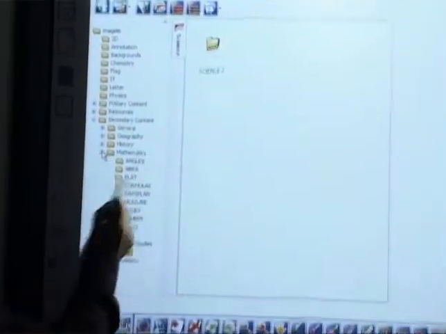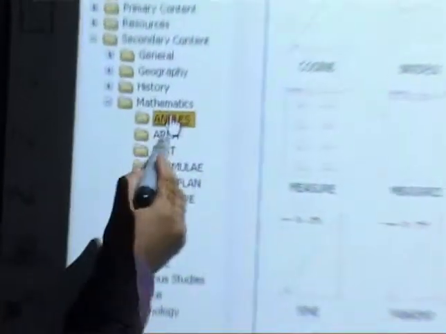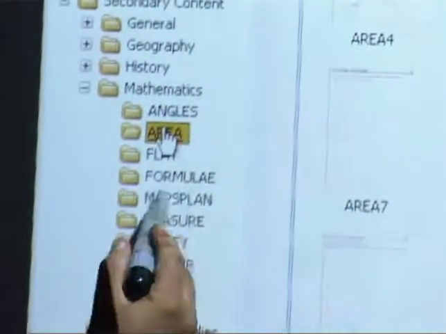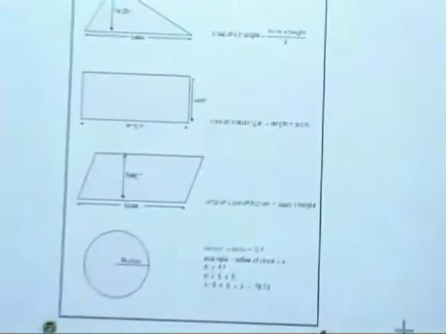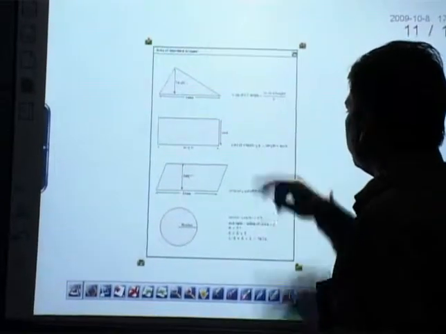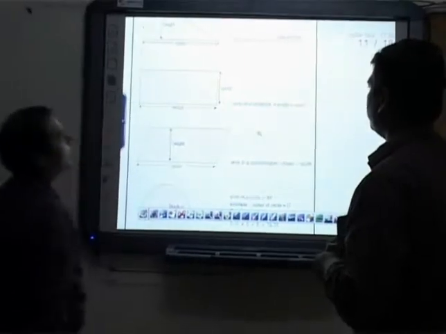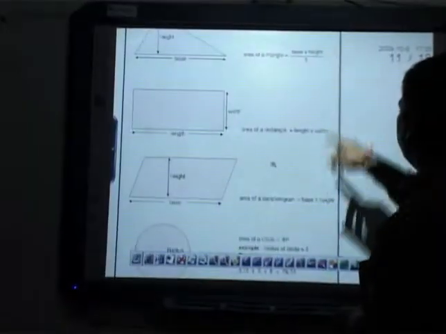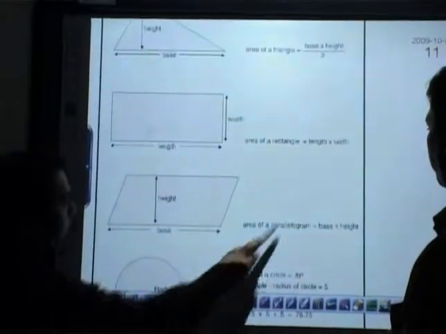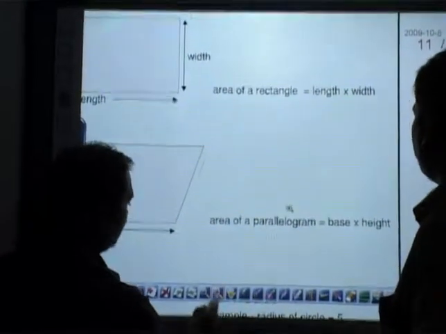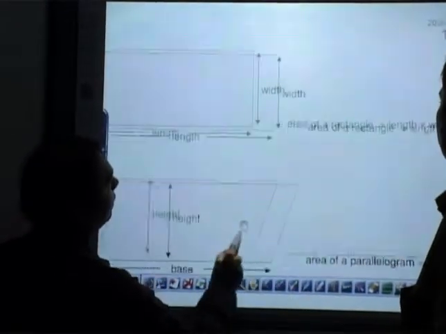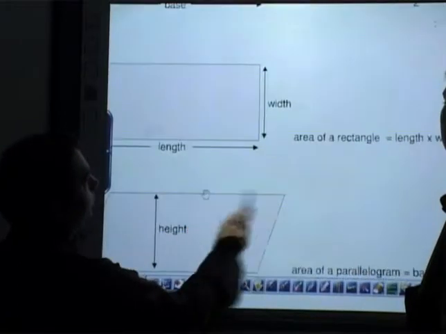See, there is mathematics and there is angle, area. Okay, and you have a worksheet. Yeah, worksheet there. This one is ready-made. We can use the zoom in and zoom out feature. The size will depend on the picture. Then we can use the rover's key and we can drag and drop anywhere.